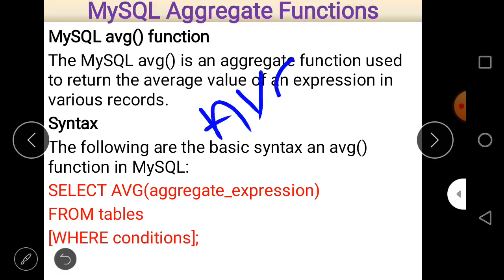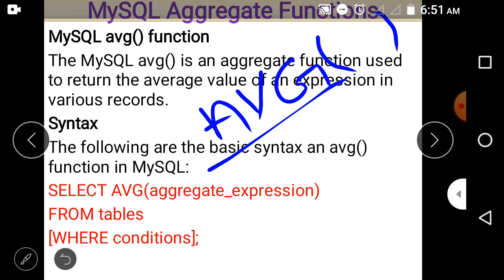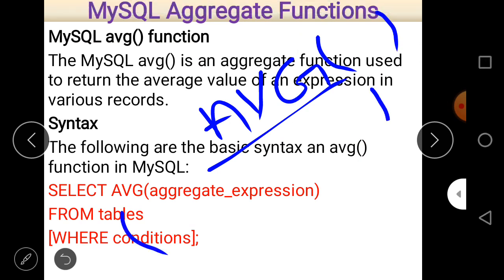Always AVG. Don't try to write the full name. Just write AVG to calculate average, and that is the representation of the function. Then the parenthesis sign, and within that parenthesis, always give the value on which you want to perform the operation, such as the aggregate expression here.